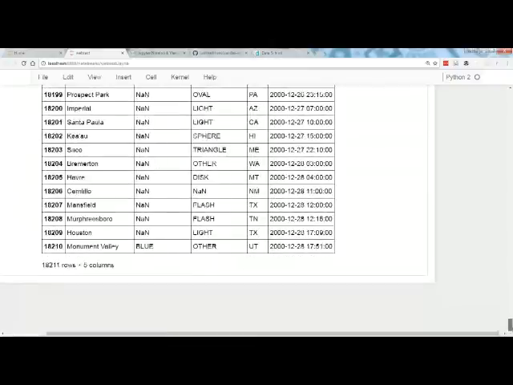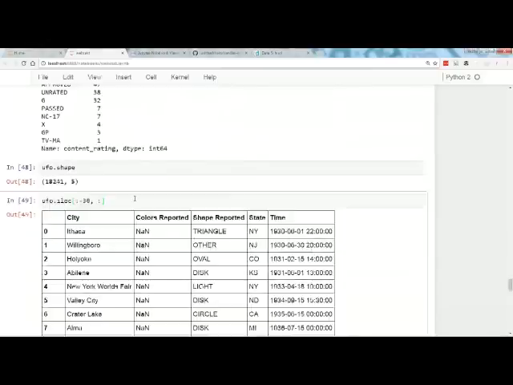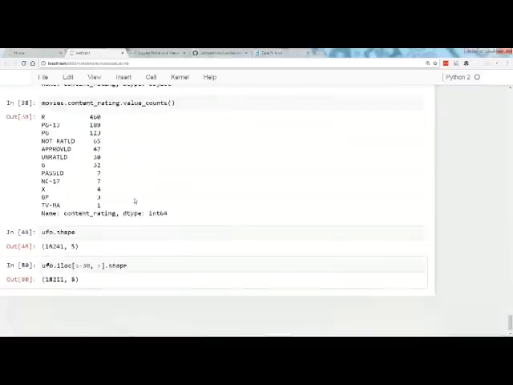So it went through 18. Yeah, I think that worked. Okay, so let me just confirm with .shape. So all I did is I said integer positions, everything up to 30 from the end. This is like list slicing.